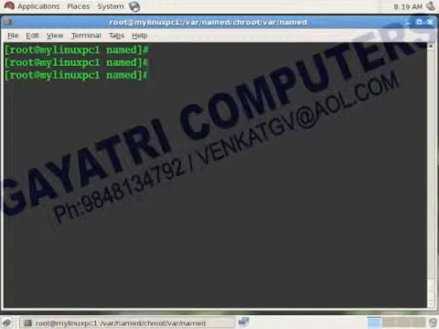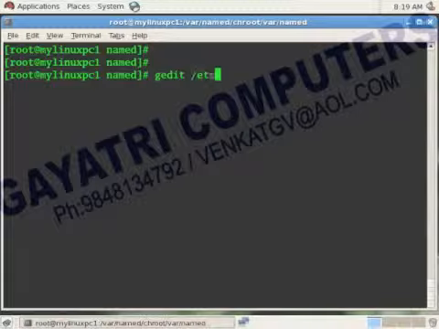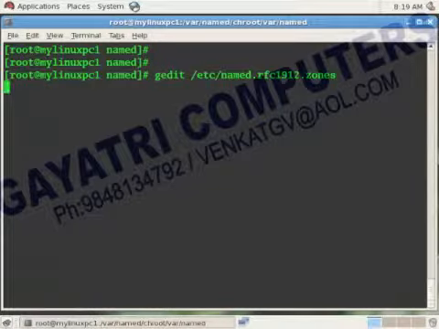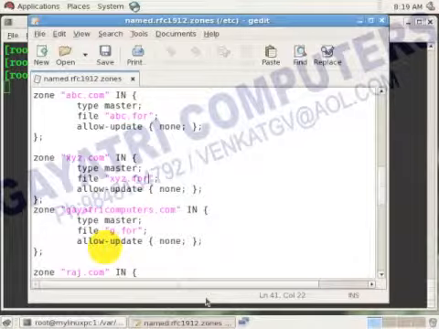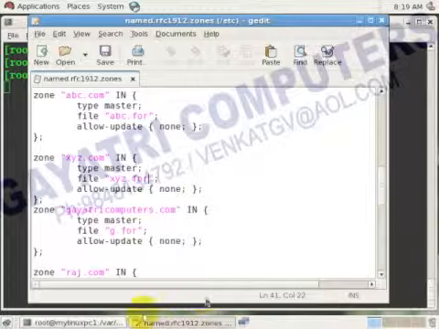To configure DNS, we'll use gedit. Under the etc folder, open the named.rfc1912.zones file.